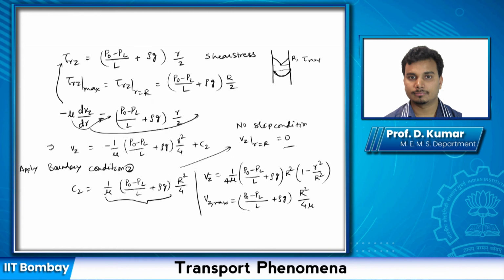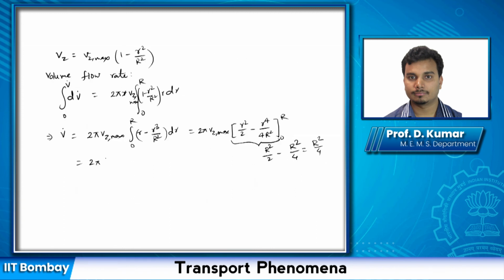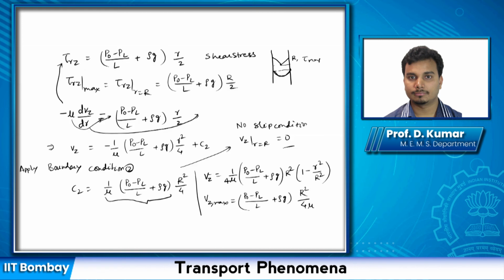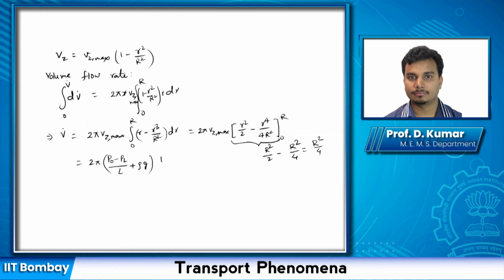So we know from here Vz max is (P naught minus PL) by L plus rho g, and then you have R squared by 4 mu, and then this term has to be there, so that is R squared by 4. You can cancel this 2,